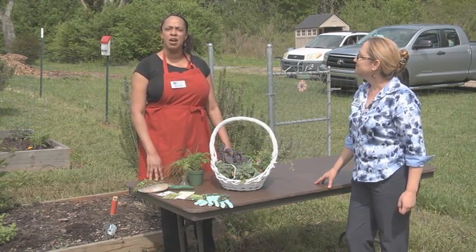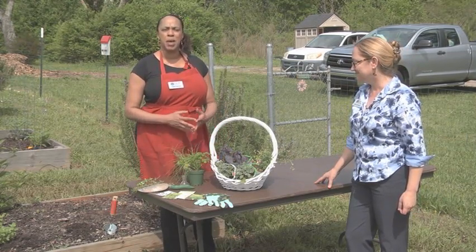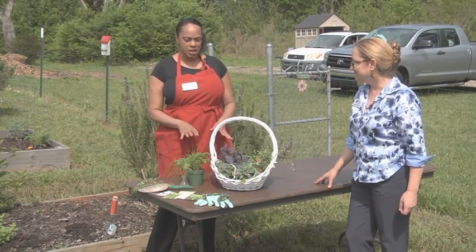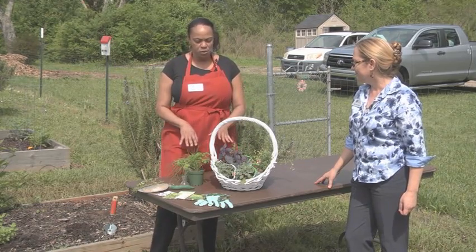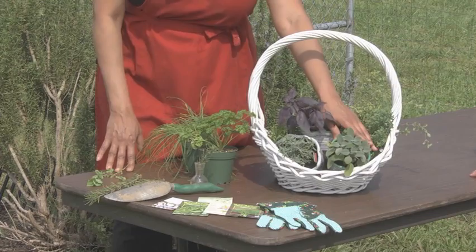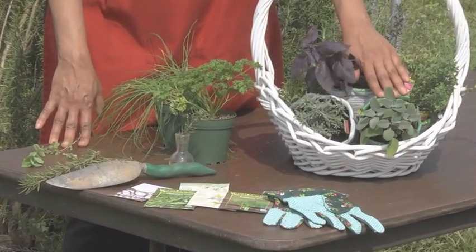If you're new to gardening, I would say start with herbs because they will give you a lot back in return for growing them. And what we're going to show you today are a lot of different herbs that are common to the gardens in Georgia. First, we have sage. Everybody knows what sage is. Sage is an easy one to grow, and it happens to be a perennial, so it will come back every